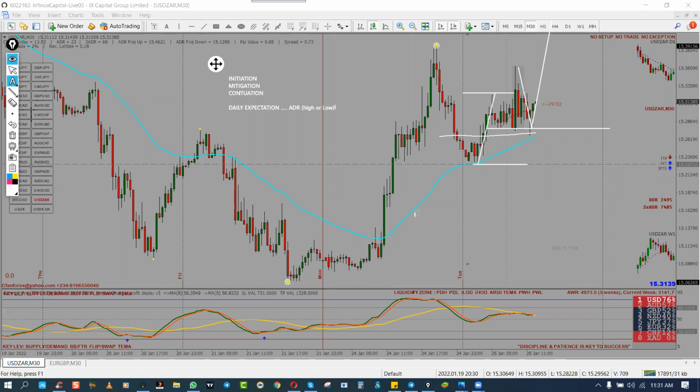Now on this pair, EU, we have 245 pips, 249 pips. So I can as well run down to start looking for something like 200 or whatever. When you pick a trade around this AR50, this is an example of AR50 occurring after an initiation. Both AR50 and AR00 are trade setups that occur in an initiated market. Market initiates, market mitigates, and then continuation occurs around the breakout zone or the midline, and that settles it.